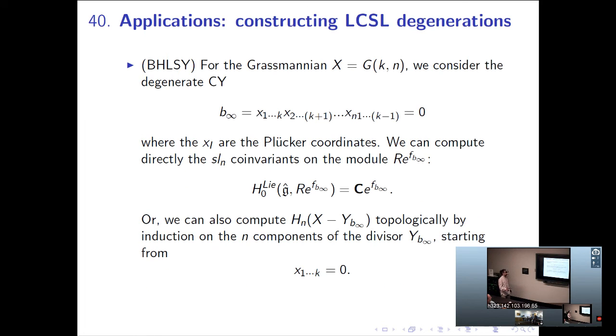An explicit point. So here the X with these subscripts are the Plücker coordinates. This is just a particular section. For example, if you take K to be 1, you recover the familiar hyperplane configuration for P^(n-1). And for K equals 2, it is X_12, X_23, multiplied all the way up to X